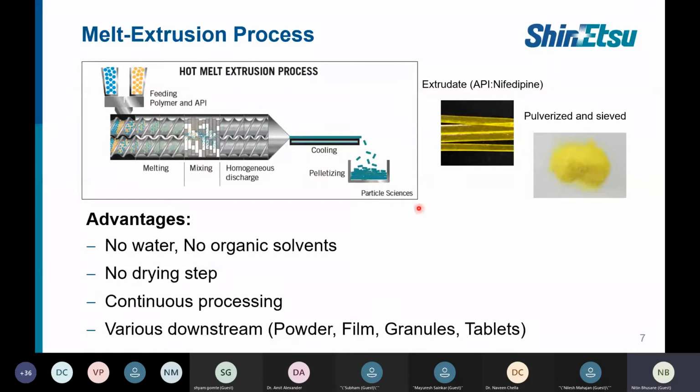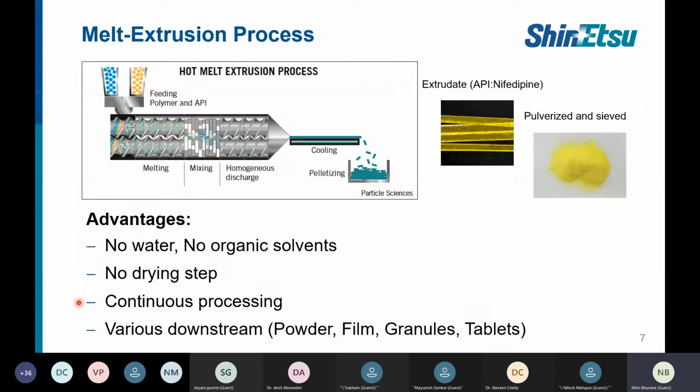As you're well aware, the advantage of melt extrusion is that you're not using any solvent, no organic solvent, no water, a completely solvent-free process, and no special drying step is involved. Because of its advantage as a non-aqueous process, it is getting more popular. It is also getting popular for continuous processing. So it is not like people are using HME only for solid dispersion. They are also using this machine for continuous processing like granulation. Twin screw granulation is also getting popular among scientists.